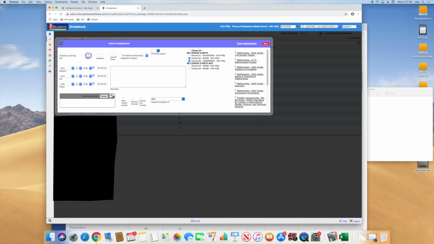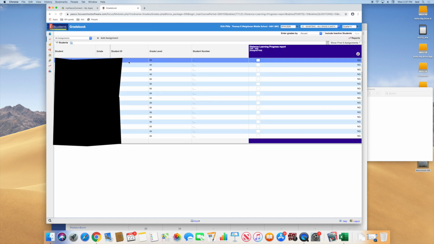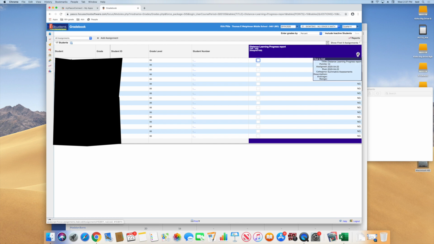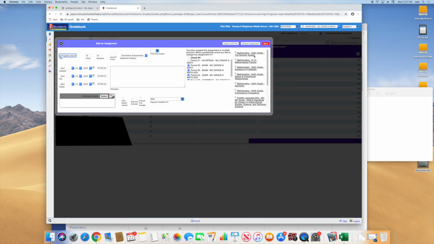The points, just give it some amount of points. This will be the only thing in here. You really don't need all the other material information, but you can. You can go ahead and use this one to make it in all your courses. Save. And so now I have this grade, and so I want to click on the I, the information again,